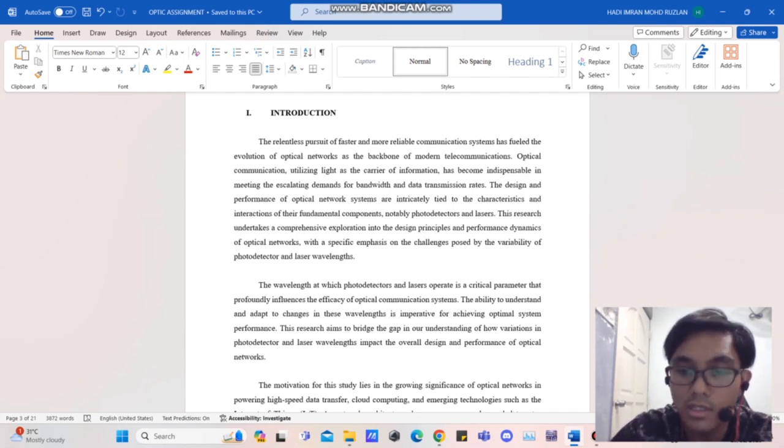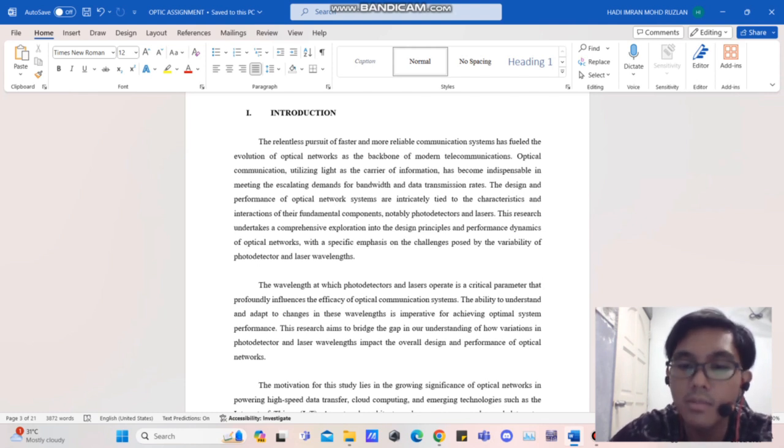and overall efficiency. A comprehensive performance analysis is conducted, quantifying losses induced by variable wavelength. Sensitivity assessment evaluates the repercussions on crucial parameters like bit error rate and signal to noise ratio. Practical experiments validate theoretical models, ensuring the relevance of findings. The study recognizes the dynamic nature of optical networks, addressing considerations such as wavelength division multiplexing, integration, and the influence